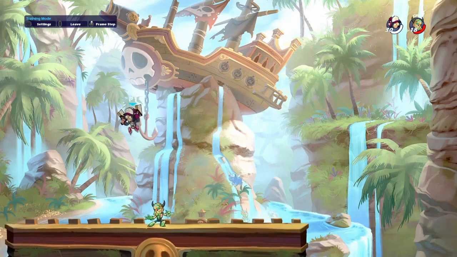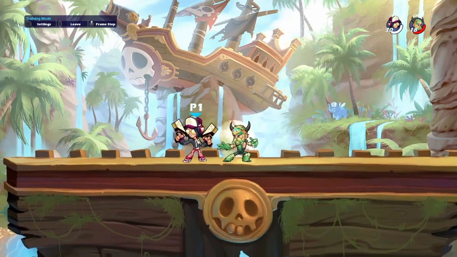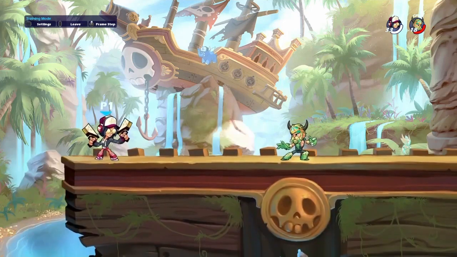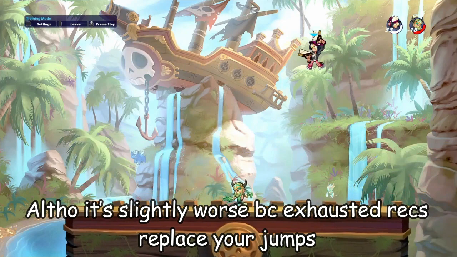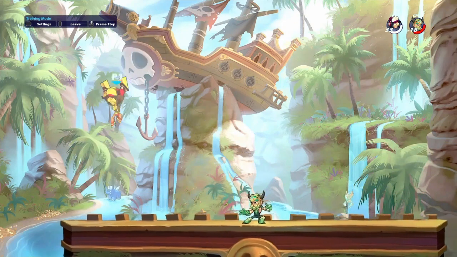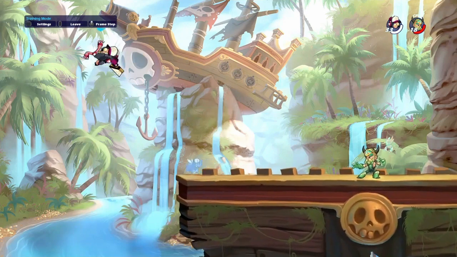And then I can dodge again. I can use a dodge, 3 exhausted recoveries, and then another dodge, which is basically the whole map. This gives you a very cannon, gauntlets, or lance-esque recovery option in which you can cover so much horizontal distance, meaning that as long as you're sent above the stage, you can mix in these exhausted recoveries and cover a